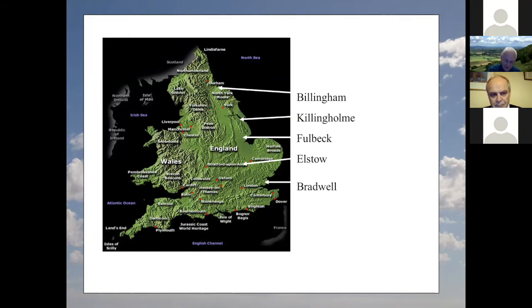A public meeting was held with Secretary of State William Waldegrave, now Lord Waldegrave, and it ended in disorder. ICI withdrew the offer of Billingham in early 1984, saying it was not in the company's best interests. NIREX had no powers of compulsory purchase, so that was the end of the matter. So then we went on to the shallow sites,